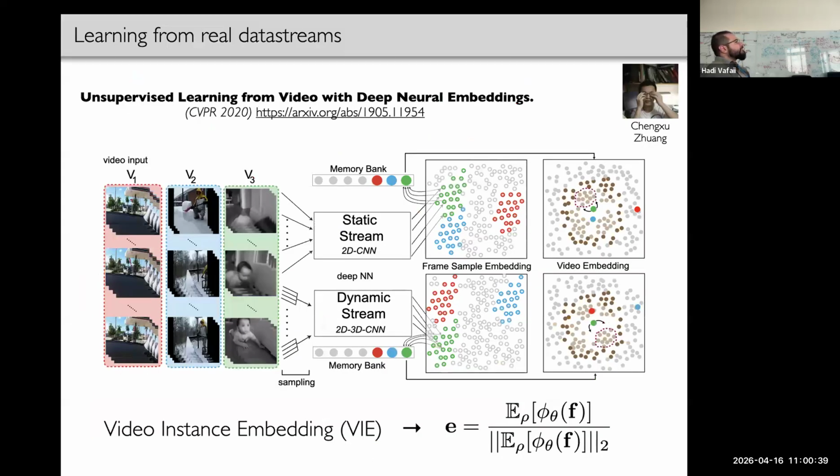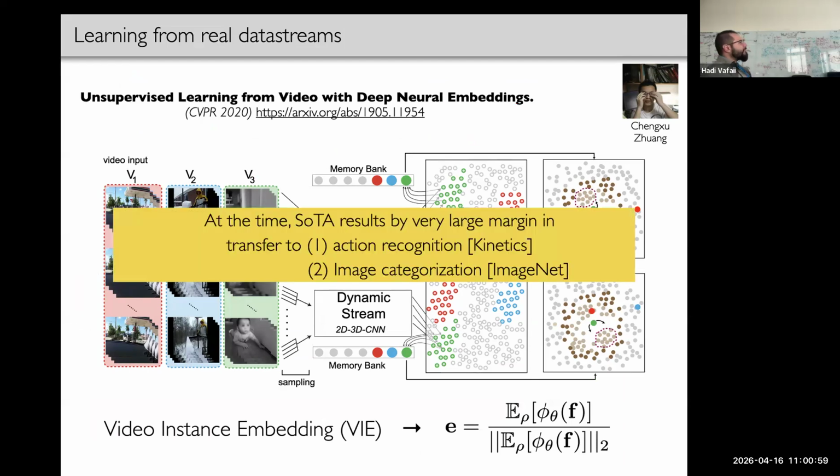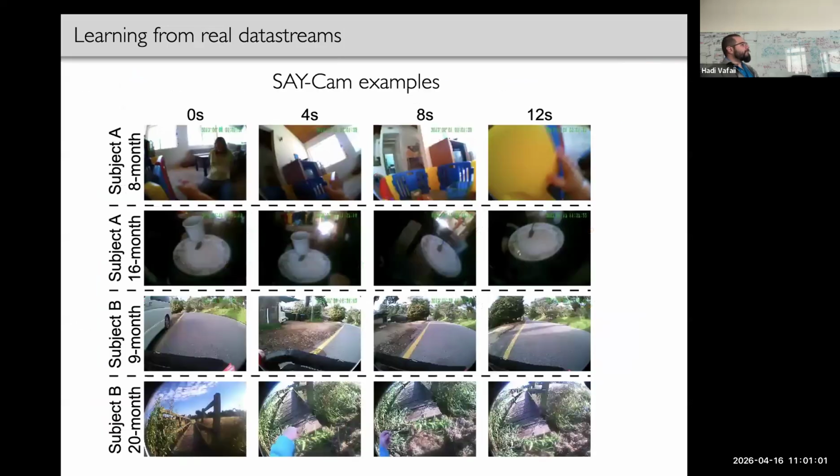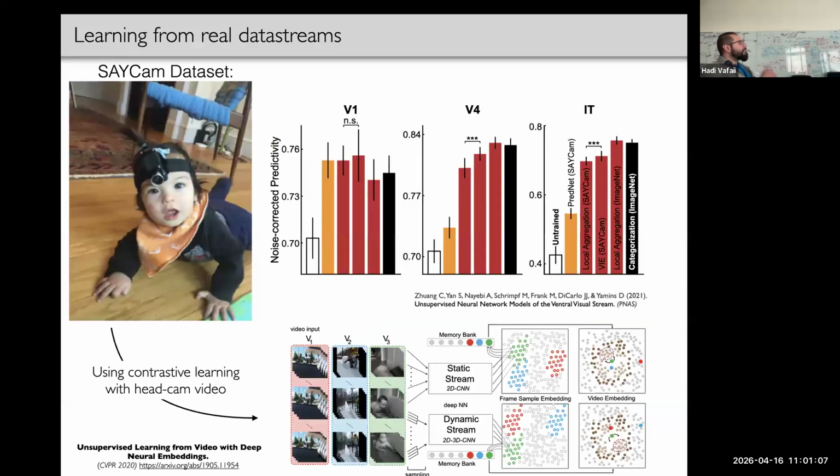So what was the point of this? Well, we really wanted to attack Mike Frank's data. So Chengxu built this video version of deep contrastive embedding, which was published in the computer vision literature back in 2020. It processed videos in this self-supervised way, and it was decent in the sense that it could do various computer vision tasks, better than previous methods. And then the point was that you would take the SAYCam data and stick it through this network.